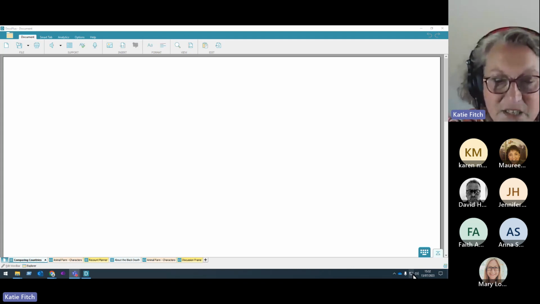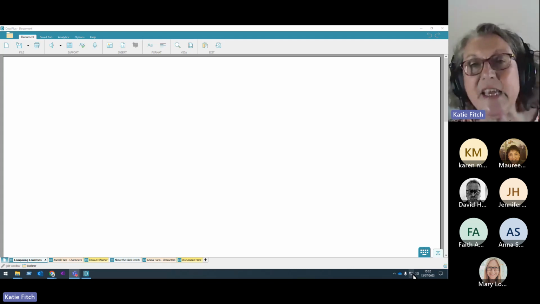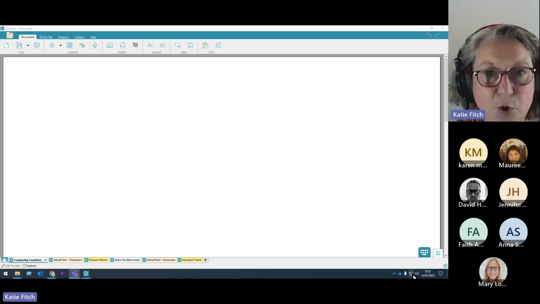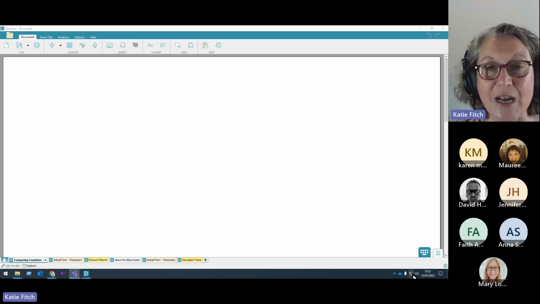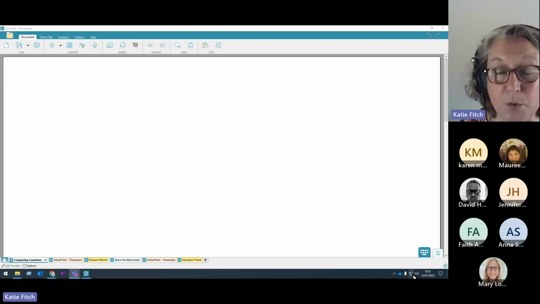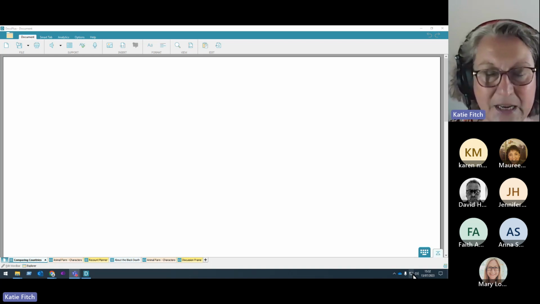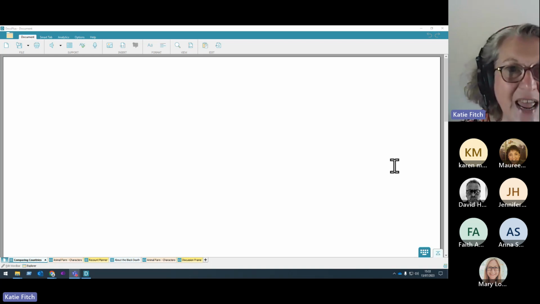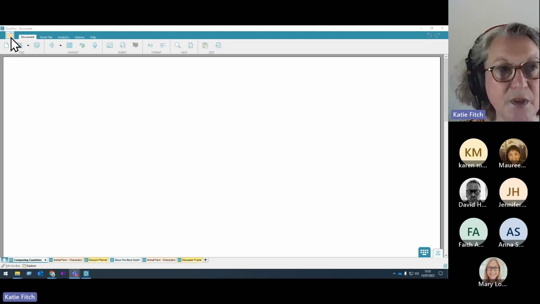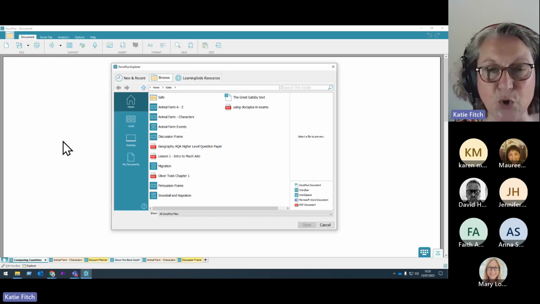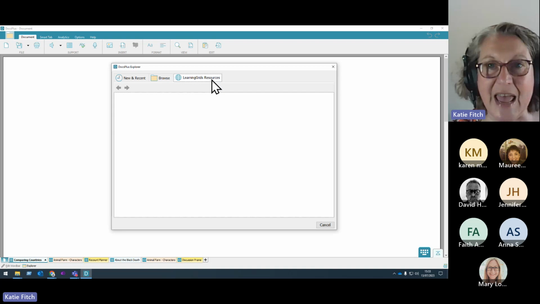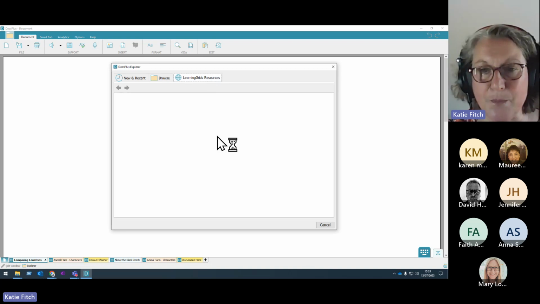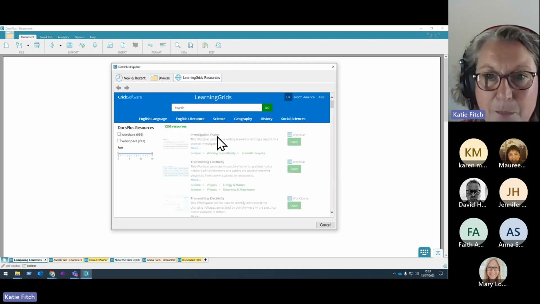Okay, so what I'm going to start with this afternoon is thinking about the first stage in the writing process, which for many of our students is going to be the idea of planning before we move into a writing task. And to find support for planning within DocsPlus, we have an area that's called learning grids. So in the top left-hand corner, you'll find a folder area that takes you through to a built-in curriculum library